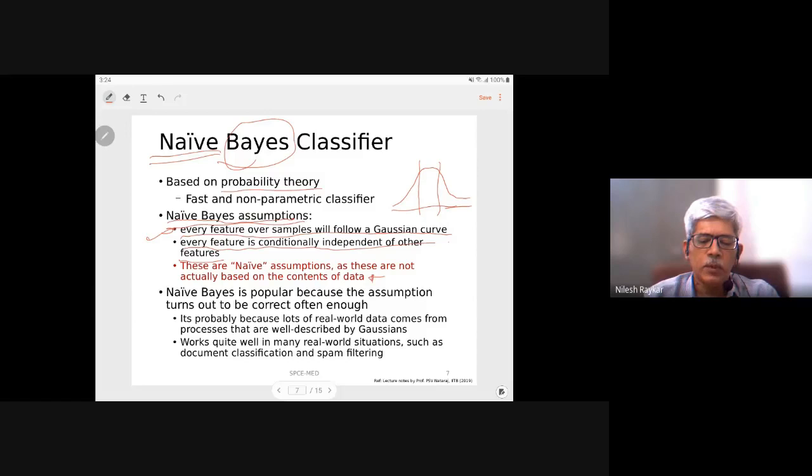In most situations, those assumptions are not true. However, this particular model on average gives very good results for most real life scenarios. Some logic given for why it works is, first, that Gaussian distribution is true for many real life processes. And second, we are assuming that the features are independent of each other. Although untrue, for a certain class of problems that assumption doesn't make much of a difference, especially if you have very large data sets.